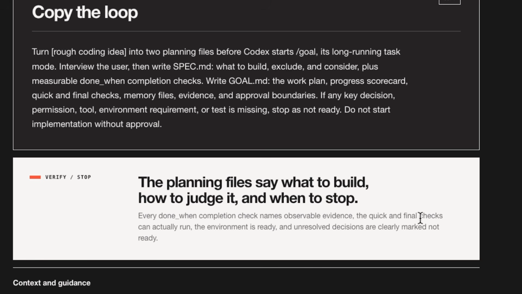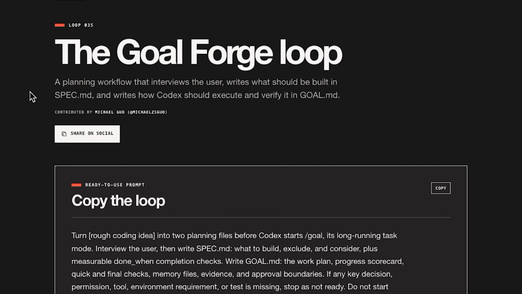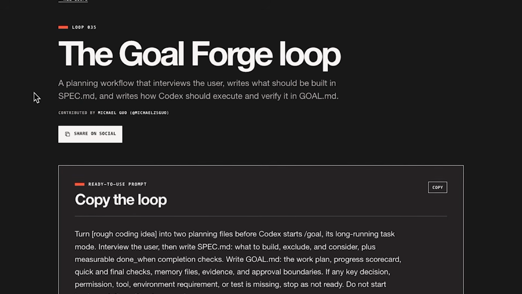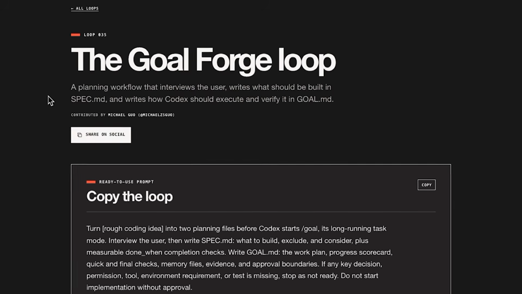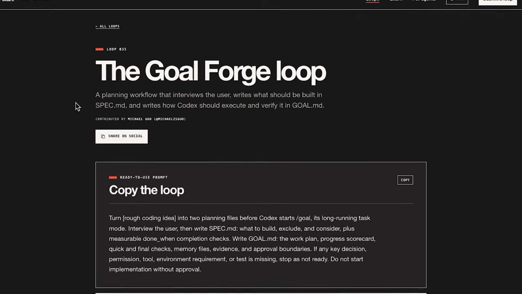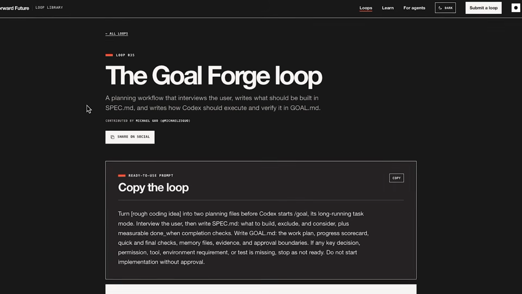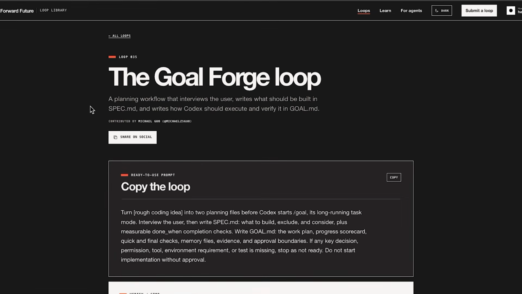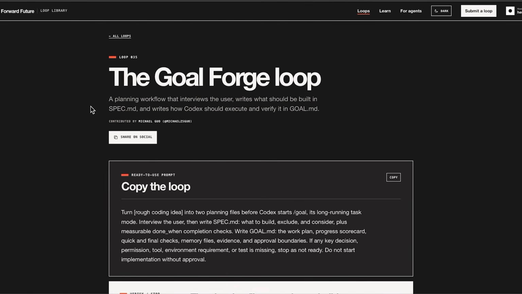The quick and final checks can actually run. The environment is ready and unresolved decisions are clearly marked not ready. So this is for you if you want to go from vague idea to a long-running coding agent. So you can pin down the scope, completion checks, and safety boundaries up front instead of letting the agent guess what that means before you write the goal.